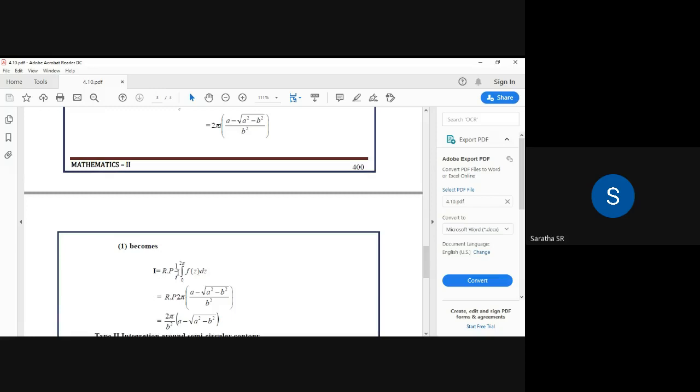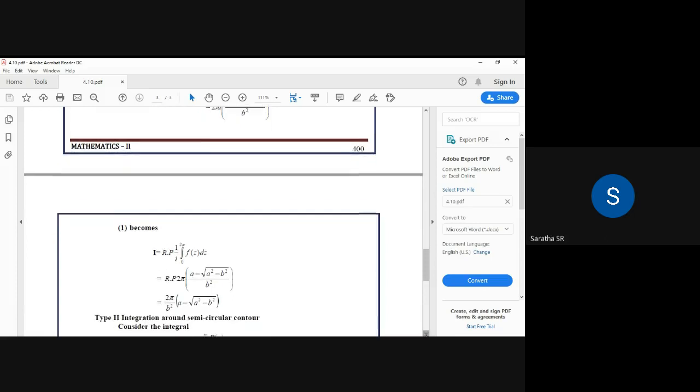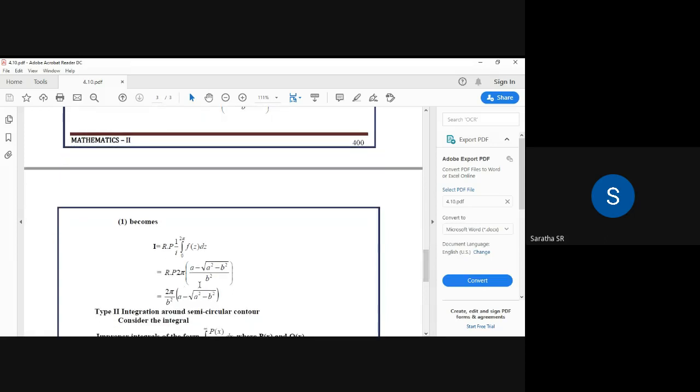That's it. But in the given limit, we move on to the given problem. What is given? Real part of 1 by i integral 0 to 2 pi f of z dz. So we got this value now. This is not 0 to 2 pi, it is modulus of z equal to 1. They made a mistake here. Then you replace this value here. The i here and the one i there will cancel. Now you have only the real term in this part; we don't have an imaginary part. So we can remove the real part, because here we have only the real part. So in the next step we write only 2 pi by b square, because all are real. We take it on the whole.